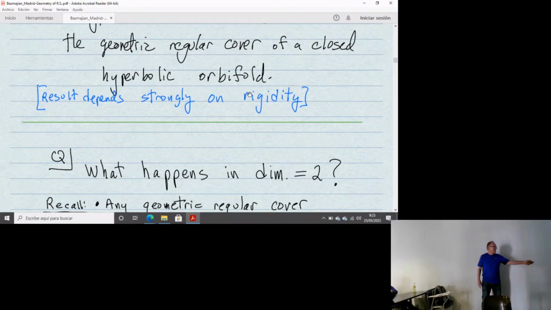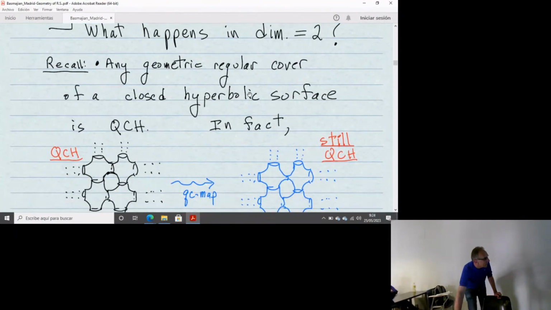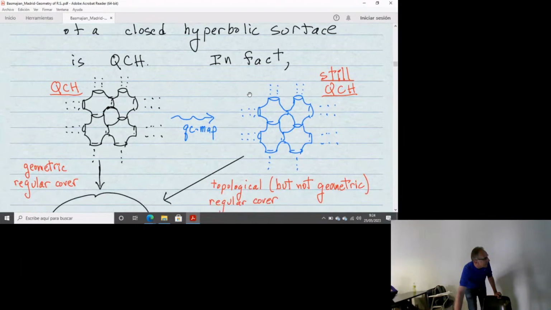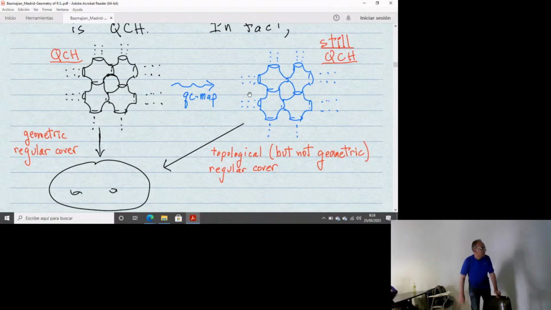No, it's good. So what happens in dimension 2? Are you okay with that? What happens in dimension 2? That's the question. And I'll give you an example of something. Let's just go right to this example. Okay. So remember that. I'll take 30 seconds so you can look at the picture. I'm very proud of the picture. That's why I want to take 30 seconds. That's why I was up until 1:30 in the morning.